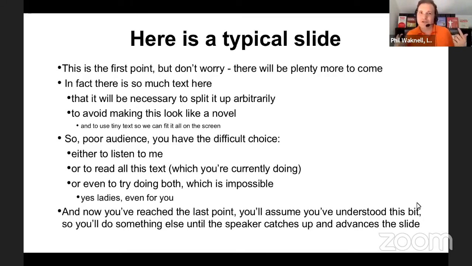In which case I know you'll disconnect because you read too fast. Or do I say something different, which is what I'm doing now? And that means that you choose either to read or to listen, and you're going to miss one of them, because I'm very sorry to say the human brain does not allow us to read one thing and listen to something different at the same time. The brain just doesn't work that way.